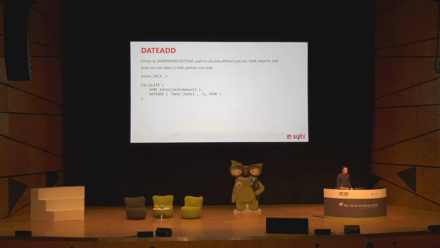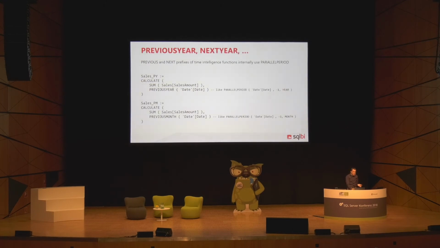DateAdd is the generic function that you can use. And as I said, DateAdd simply gets the current selection and transfers the selection 1 month back. What if you want to get the entire period, the entire month? You can use parallel period. So instead of DateAdd, parallel period always gets the entire year or month or day or quarter. So using parallel period, you can create some calculation that ignores my selection. So for example, if I do the same